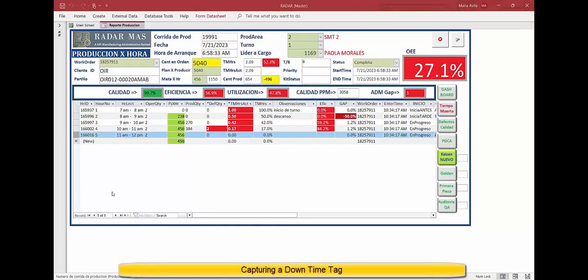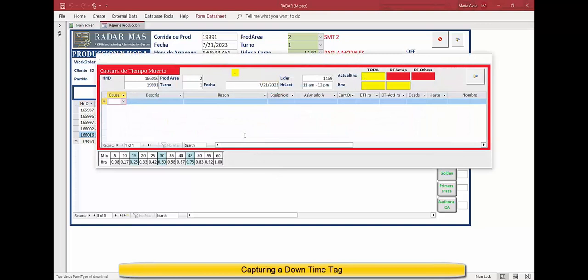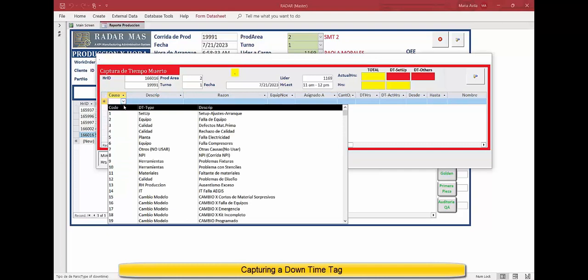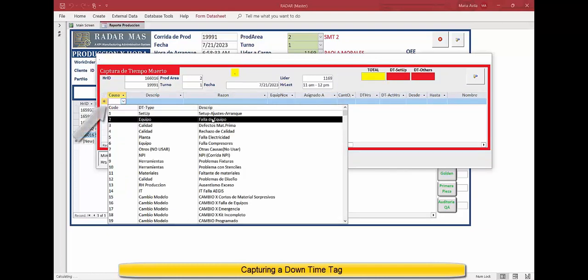Capturing a downtime tag is very simple. Let's just suppose that we are in hour number 5 in our production run, from 11 to 12, and there is a need to open a tag. We will click in this cell where we want to locate the downtime, and by default the system will open a downtime tag with all the relevant information already pre-filled for us. The only thing we have to do is select the reason for our downtime,